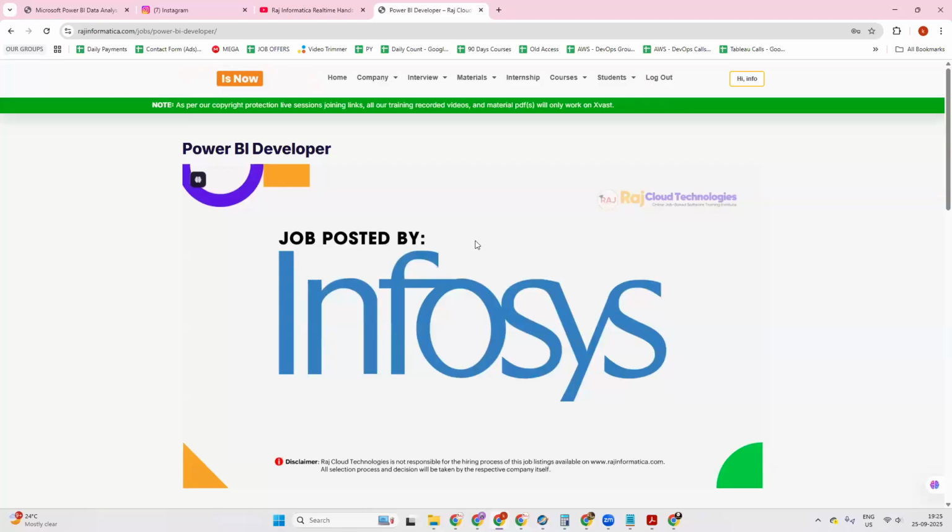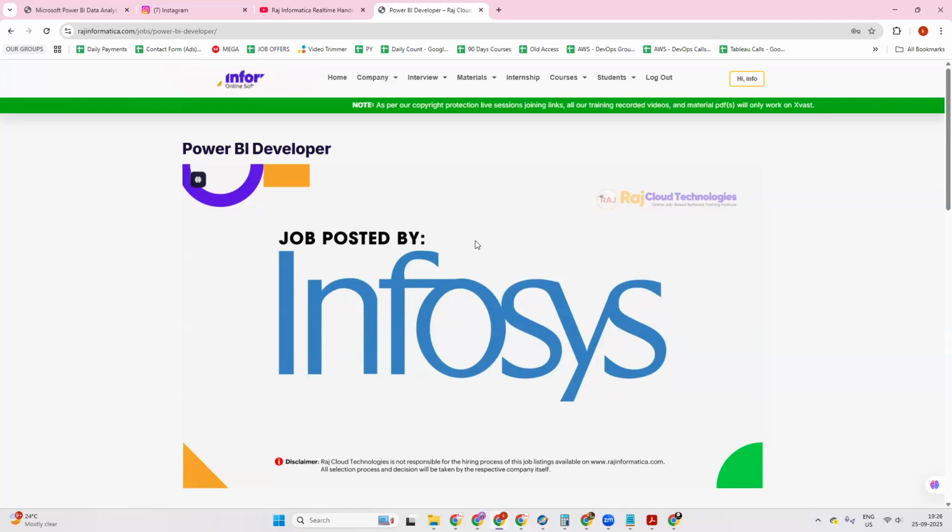Maybe in the next 1 week we are going to launch this page as well, and from there you can access it. We are trying to make it easier for you to apply for jobs and get opportunities. Got it? Many people say they have completed the program, but they don't know how to apply for the job.